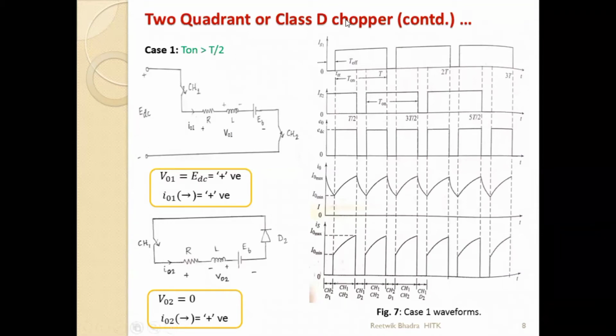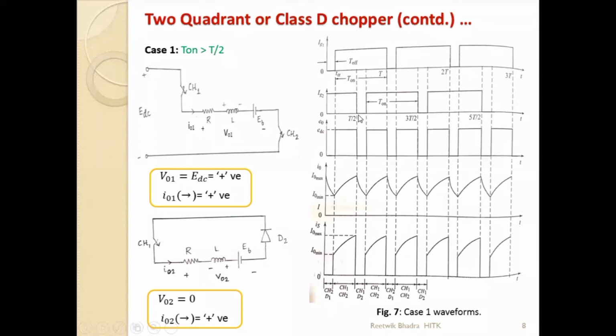Now, if you jump into the figure, this is IG1. This is the total T over here. If you start from this point to this point, this is the total T because this small gap is the off time. This whole high time is your T on time. So you can easily understand that T on is greater than T by 2. T may be in between over here, so T on is obviously greater than T by 2.